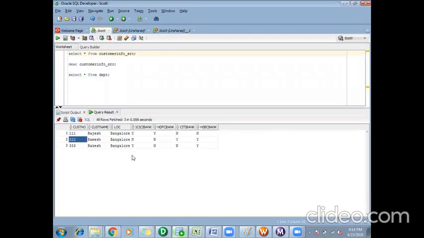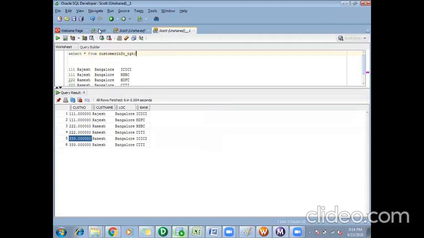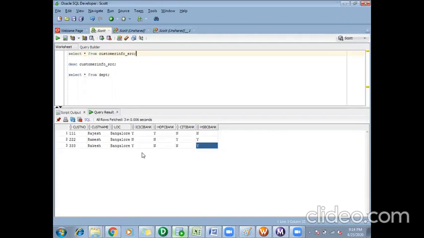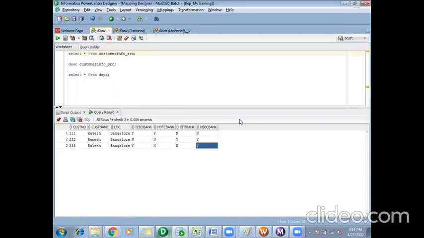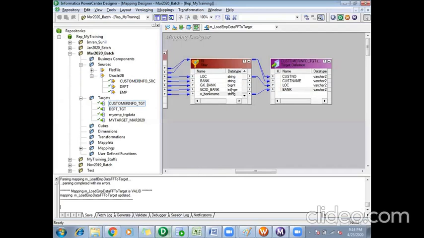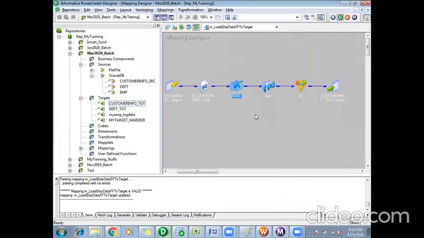Customer 3 was holding ICICI, HSBC here. So same thing. Okay. So like this, based on my requirement, I can go on using my transformations. With normalizer, I was able to duplicate the records, that is, I was able to convert the rows to columns. Then using expression, instead of populating the bank column with YN and all, I was able to format it to the bank name. Then using filter, I was able to remove the unwanted records.